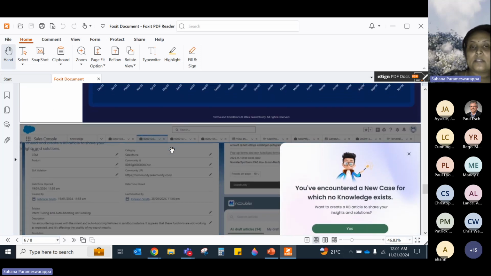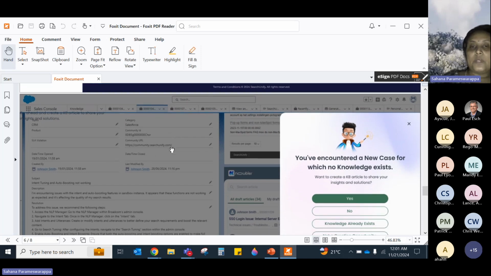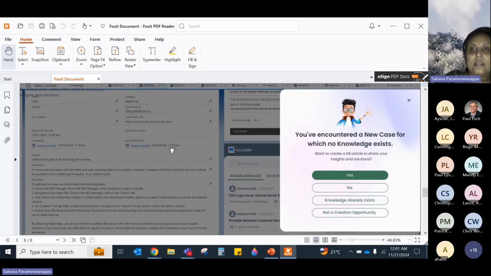Similarly, what we have done is we have added a prompt as and when the engineer closes the case. Let's assume there is an opportunity to create a KB. So the GenAI automatically checks if there is an existing KB. If not, it will prompt the user to create a new KB, and it will give you options to either go ahead and create it or give your feedback saying whether the knowledge exists or it's not a creation opportunity, so that it can be a feedback for the Gen AI for the next time when a similar situation appears. It may or may not prompt the user to go ahead and add the